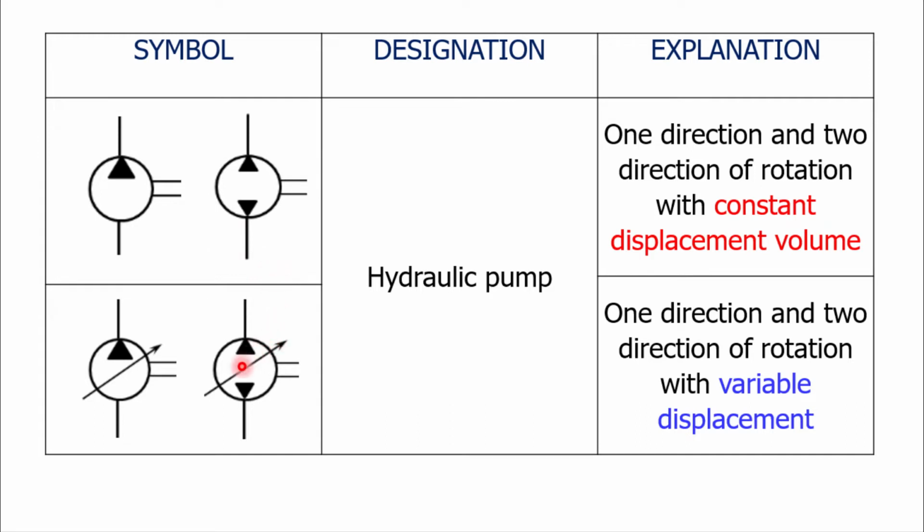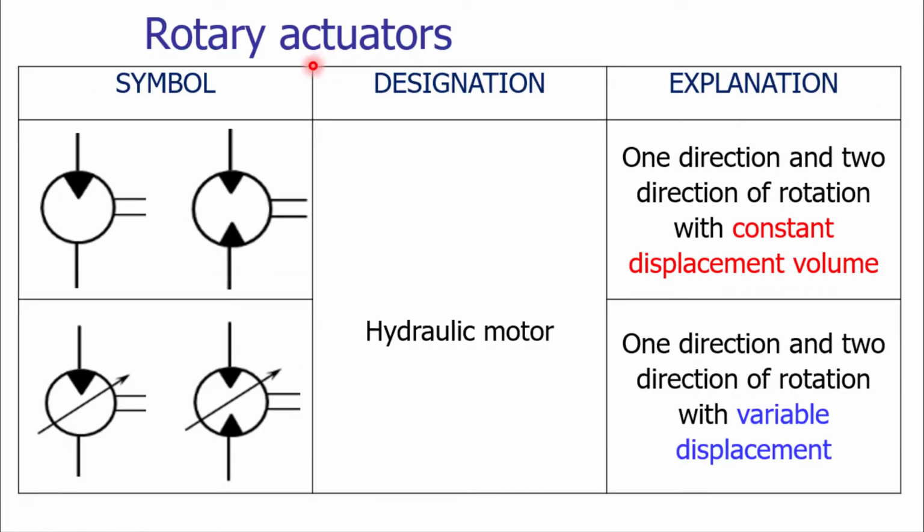With constant displacement volume, the pump is working. But many pumps are having the variable displacement. The displacement is changing as per the requirement. To represent that variable displacement, we are using an arrow. The arrow is placed in this format. As the arrow is there, we can easily say that the pump which is represented is having the variable displacement. We can use the representation for the actuators as well, and the hydraulic motor is a rotary actuator.